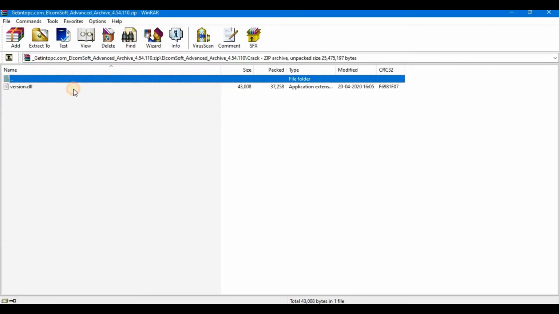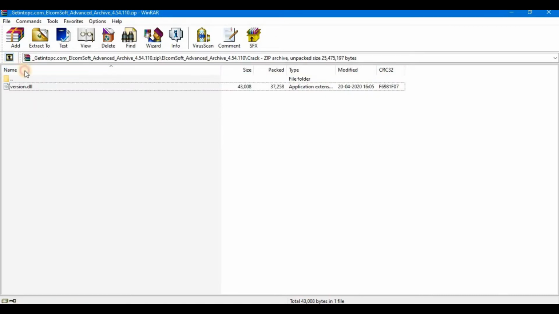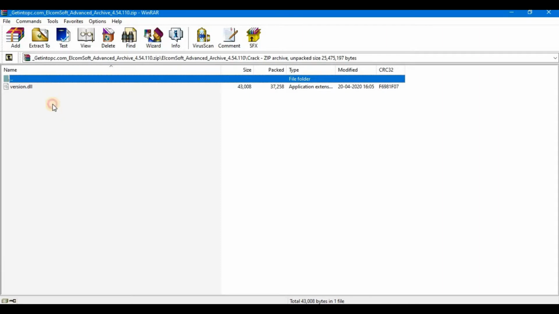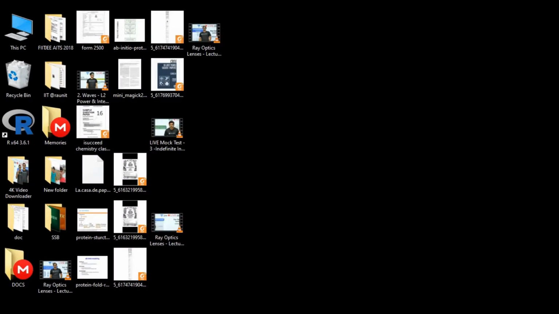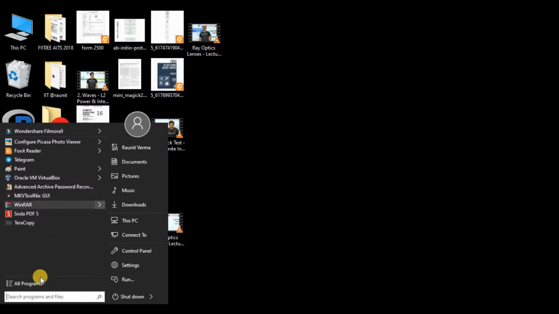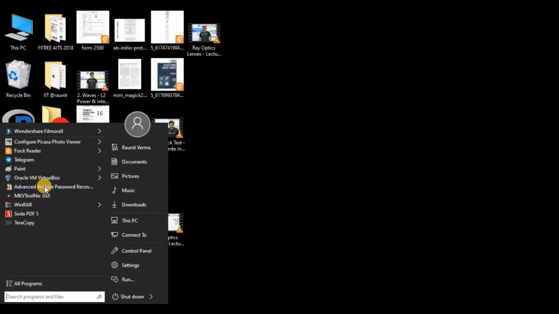After installing, you need to paste the crack file in the crack folder so that you can use the whole software, or otherwise you can purchase the software if you can. Now let's open the software.